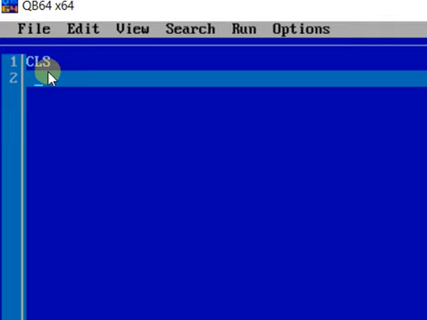Now, a program consists of different lines. Each line may contain either a statement or a command. A command is a single word which makes a single line, but a statement is more than one word present in a line. You can see CLS in the first line; only CLS is written. No other word is written with CLS. So CLS is a command. But if there is more than one word in a line, that makes a statement.